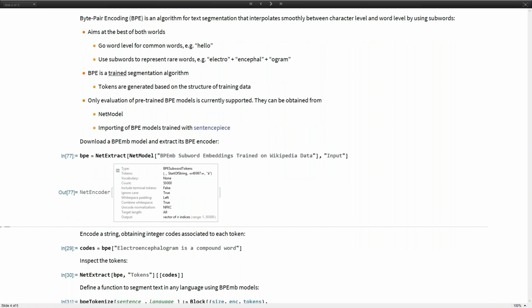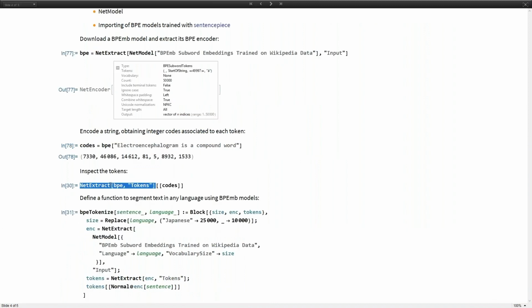So you see it's picking a subword for the compound word, and then everything else is just a word. I should mention this model is very useful, very flexible, because it's a parameterized model, and it contains BPE embeddings, and thus also BPE tokenizers in the encoder for any language.